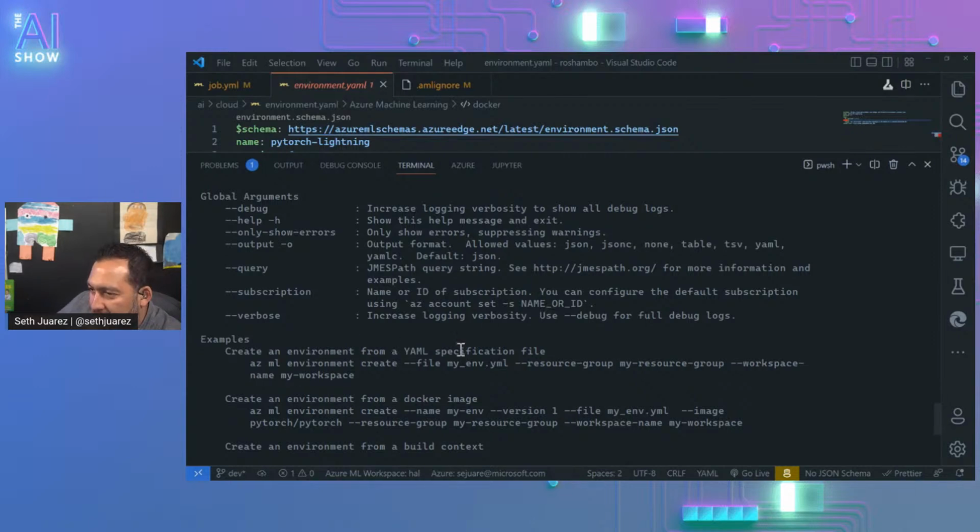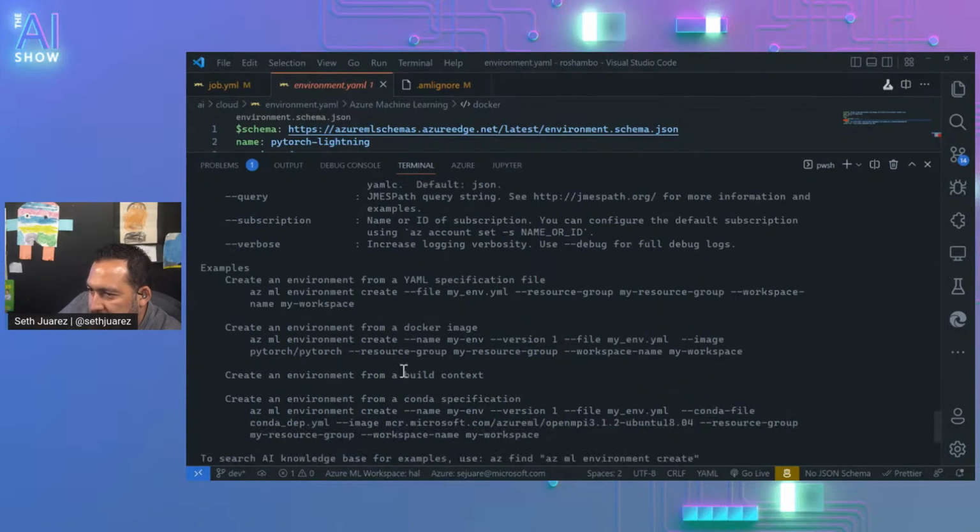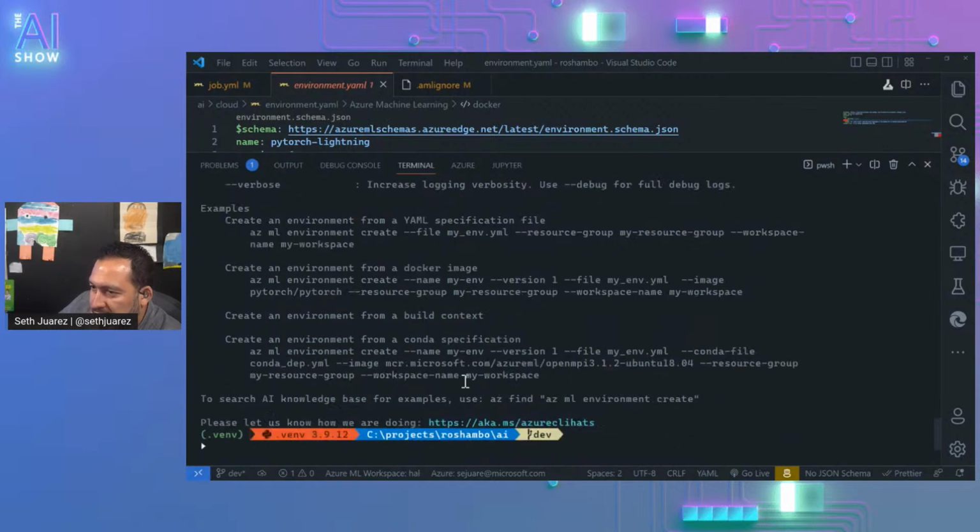Create an environment from a YAML specification file. Cool. Create an environment from a Docker image. Create an environment from a build context.